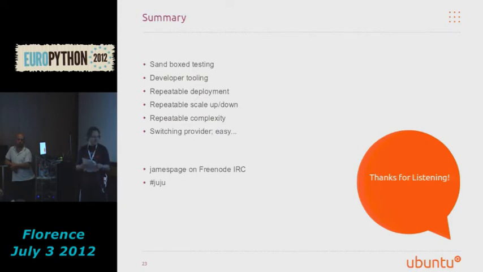So you can find me on Freenode. My nick is James Page. I don't think I really thought about nicks when I chose my nick. And there's a channel on Freenode as well, #Juju, where most of the Charmers community hang out. So if you want to try a charm, get some help. It's a little dead on European time zone, but it sparks up in the afternoon. So I've finished a little bit early on my 45 minutes of talk, so if anybody has any questions, I'm happy to take them now.